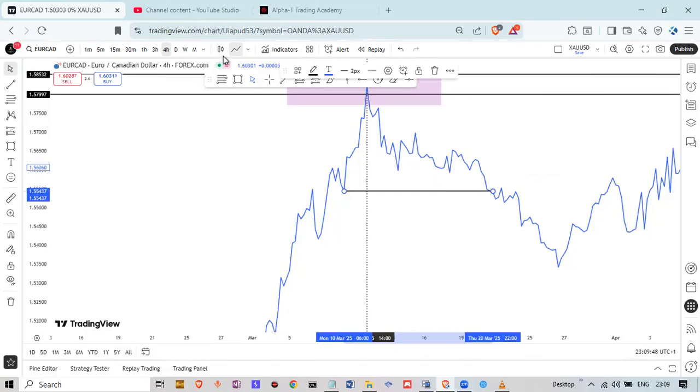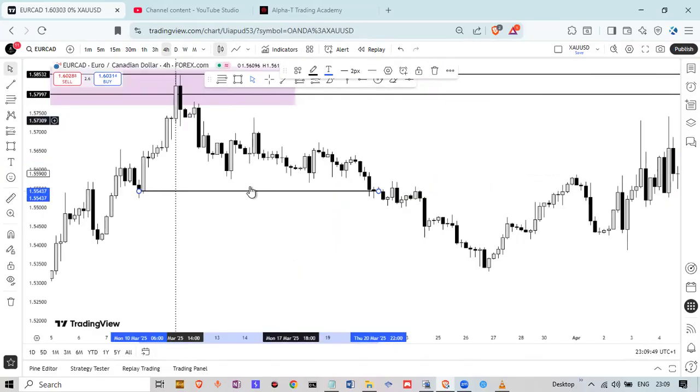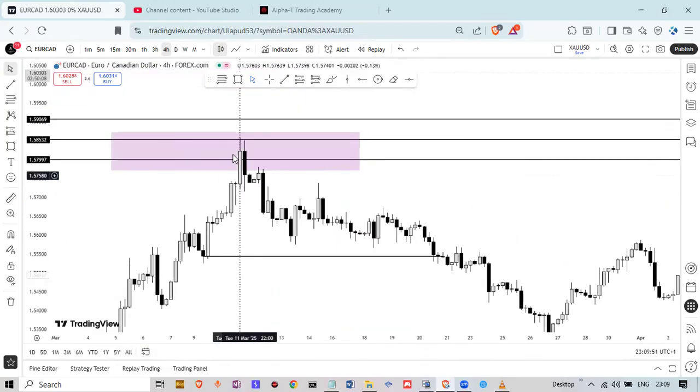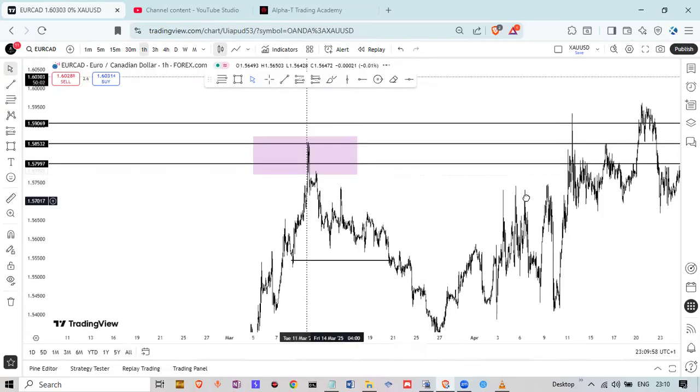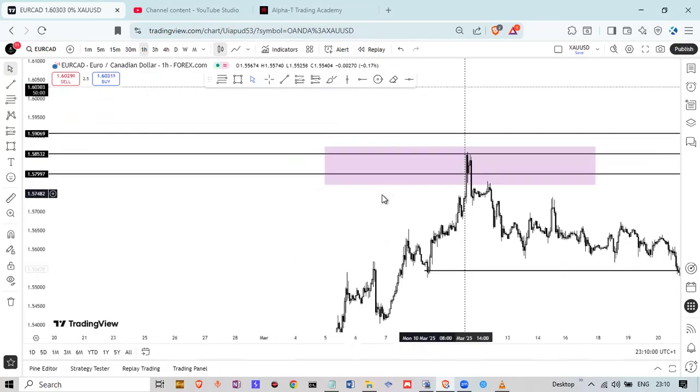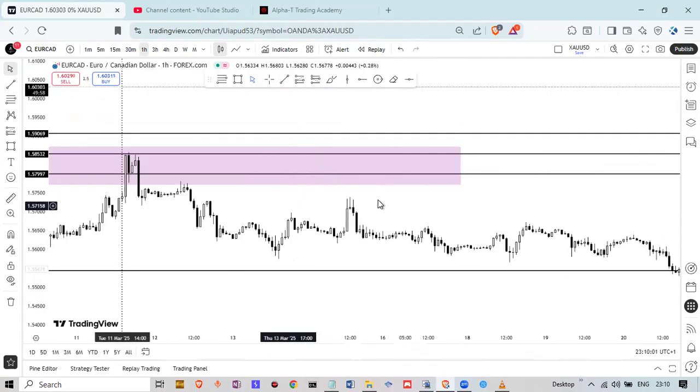But what we're actually concerned about is finding a break inside this reaction zone there. If I go down to my 1 hour time frame, let's see what we have. So I'm using my 1 hour time frame now as another secondary time frame. Now, like I told you,